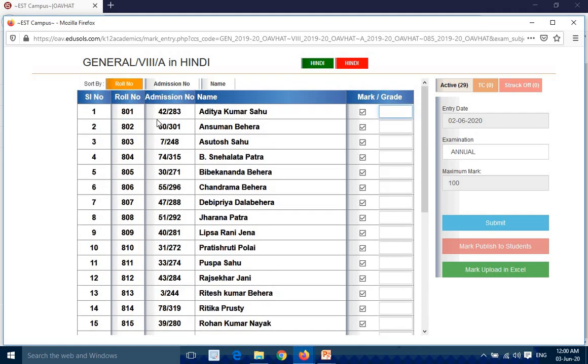When you click on annual, you can find all the class 8 section A students displayed with their names, admission numbers, roll numbers and serial numbers, and here you can enter all the marks one by one. After entering all the marks, suppose this is 10, this is 10, or this is 20, or suppose this is 30. I'm just making a sample, but I don't want to enter. You can do all these things by yourself. After entering all the marks of the students,